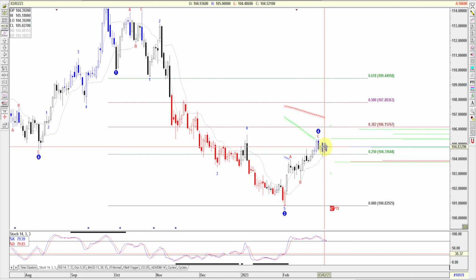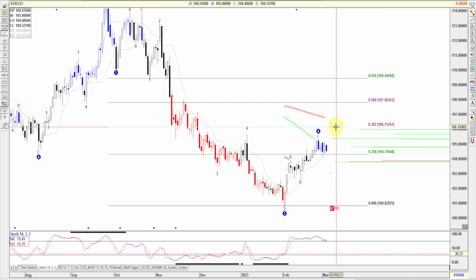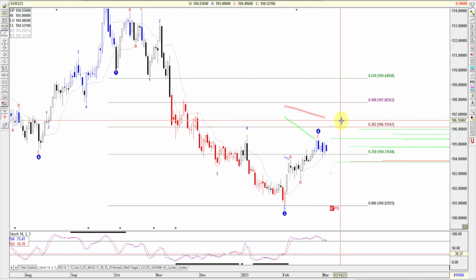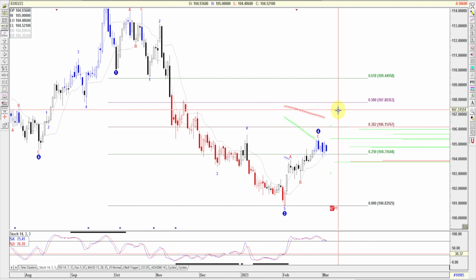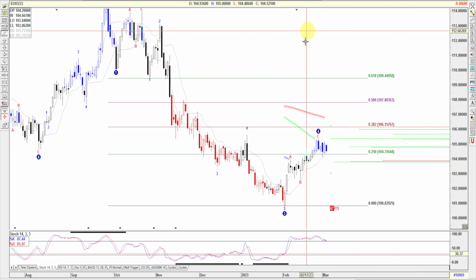But if it doesn't, Monday, Tuesday, and Wednesday, like I said, in March, are very bullish. So it could push all the way to 106 or even its center of gravity, which is 107, and then see what happens there. Or maybe push up all the way to Wednesday, Thursday kind of fall, slow pull a little bit, and then Friday, if this is going to play out, push even lower.